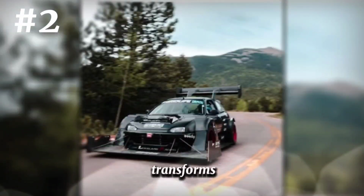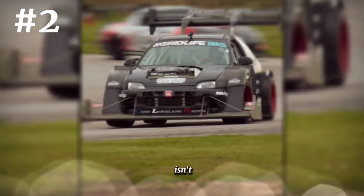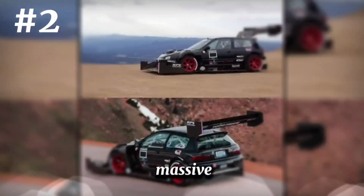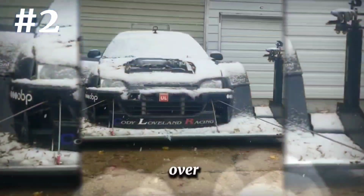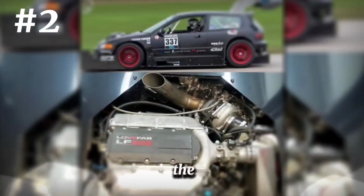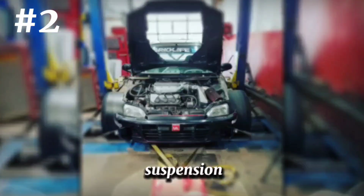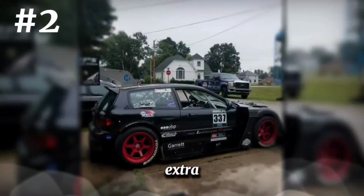robust power band. Adding a turbocharger to this setup transforms the hatch into a torque-filled beast, pushing well beyond the capabilities of a stock Civic. The car's exterior isn't subtle either, especially with that massive rear wing. It may look over the top, but it serves a purpose, adding downforce to help keep the lightweight Civic stable at high speeds. Inside, the build includes reinforced drivetrain components and suspension upgrades to handle the extra power and weight